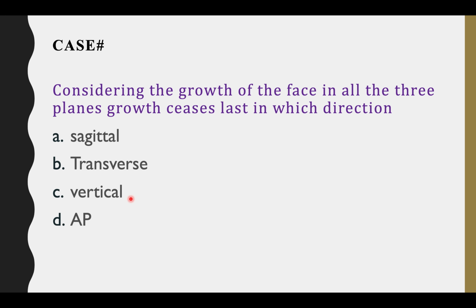The first condition is transverse. The width is determined in your infant stage only, whereas the length will be determined after cessation of the growth, that is around 20 or 25 years. Okay, so like this you can think. First one, in infant, transverse width. So the first thing to stop in three planes of the growth is transverse, and the last one which will stop is vertical. The first one is transverse, last one is vertical, and in between the sagittal. Done.